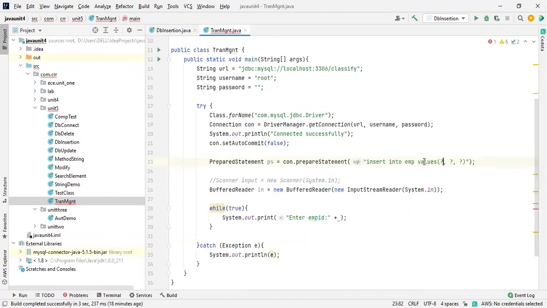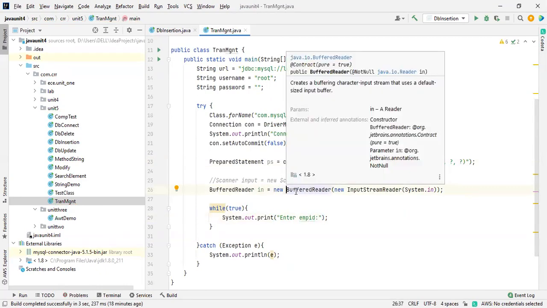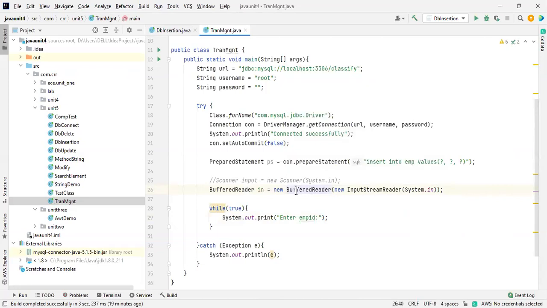So you have to know the design of the database. Then only you will know all things. What are all the databases you are going to use? That was different, right? So this is an integer value, but the BufferedReader, I just want to remove this. What the BufferedReader will do, if you want to insert the data, it takes it as string values. It takes it as string values. So we have to convert the data like this.